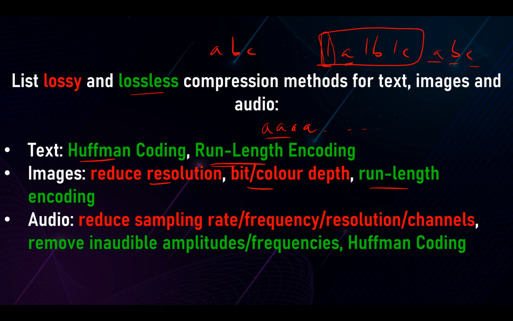Then for audio, we're reducing anything in the formula: the sampling rate, also called the sampling frequency, the resolution or bit depth, and the number of channels if it's more than 1. Of course, if the number of channels is 1, then we can't reduce it. In terms of lossless,